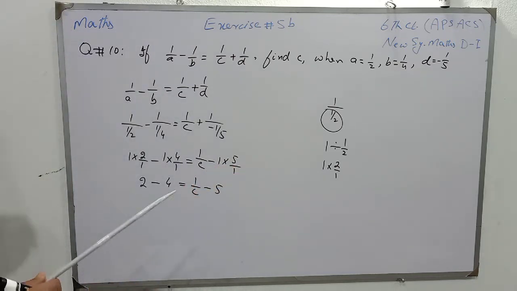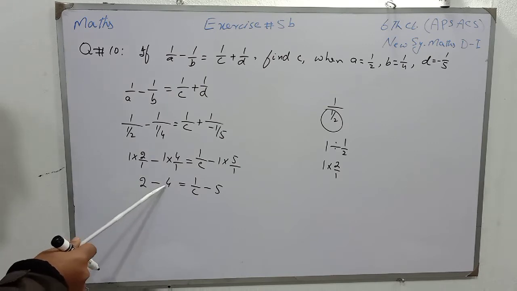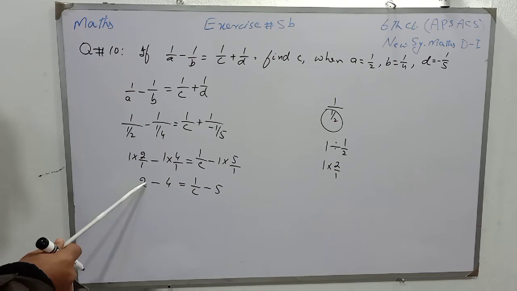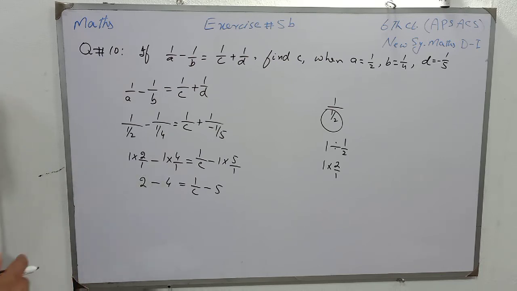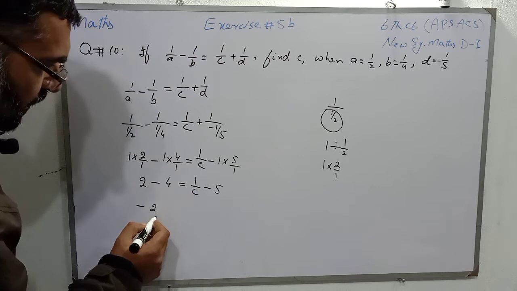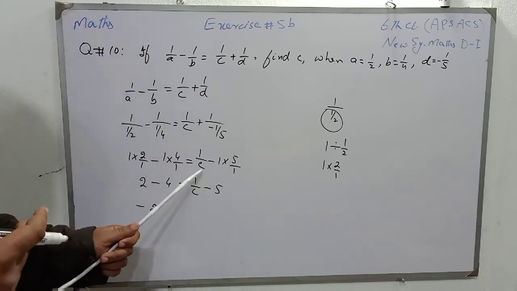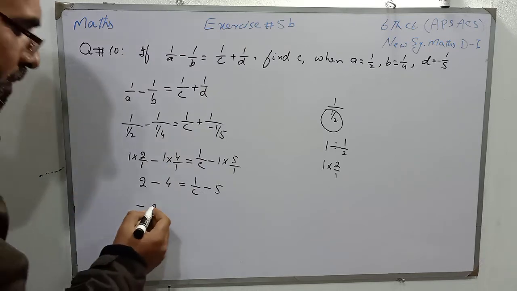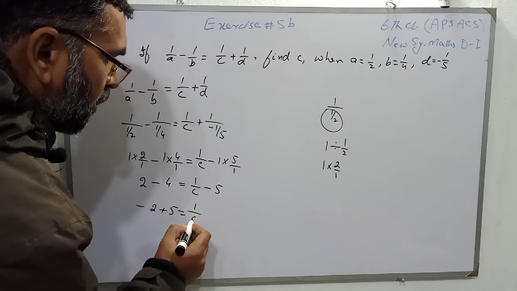Now students, plus 2 minus 4 means there are two numbers having different signs. So we will subtract the smaller number and put the sign of the greater. So it will become minus 2, and this 5 is minus on the right side. When we transfer it to the other side, it will become plus and written as plus 5